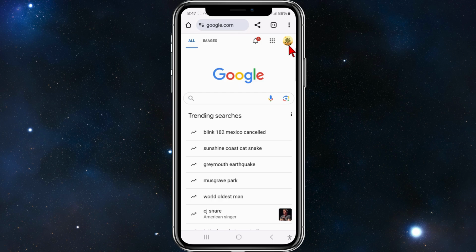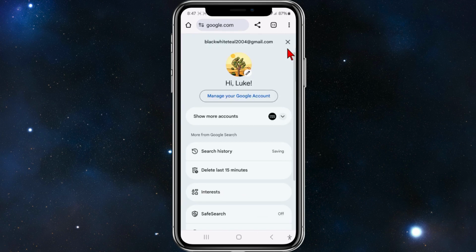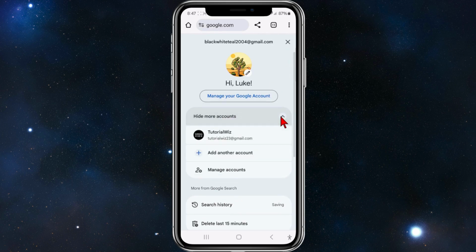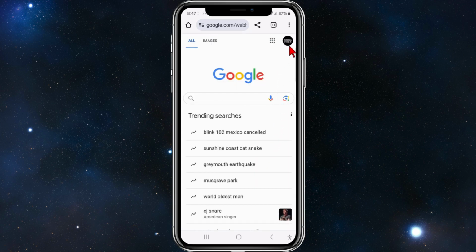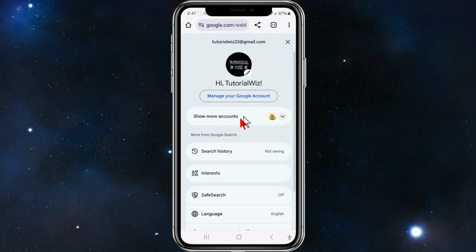And once you're signed in on that Google account, click onto your profile, and then from here I'm going to change it to TutorialWiz. So I'm going to log on to the right account like so. And now to change this password, you want to click on manage your Google account,